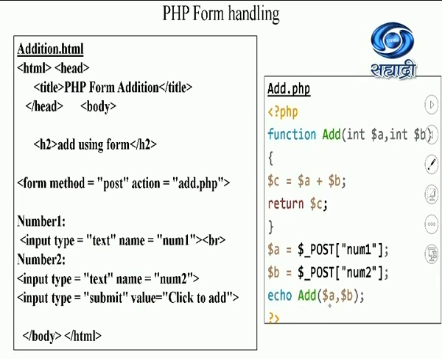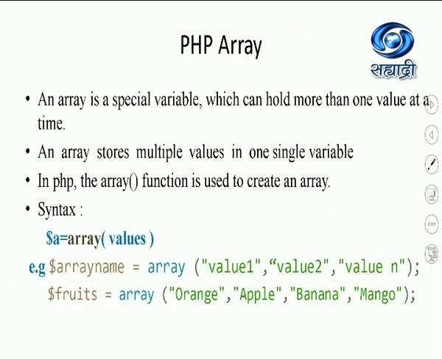Here echo is going to call this add function, and this is going to pass the parameters. Just now we have seen the same program, which is going to add the values and print the addition return, the value of C, that is the addition. So this program is going to accept values from the user using the text boxes and print the addition. So this is how to create the form and how to pass the values to the PHP program via form. We are going to learn PHP arrays in the next lecture.